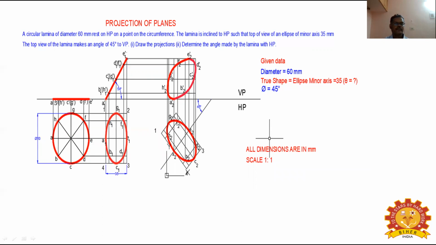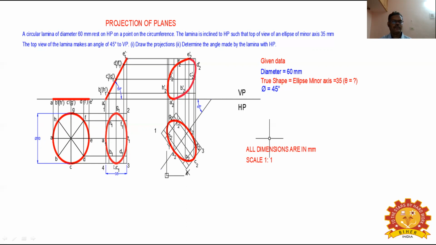Here, draw the projection lines and draw a horizontal line. Mark as A dash, B dash of H dash, C dash of G dash, D dash of F dash, E dash. Similarly, mark A1 dash, and since the theta angle is not given,